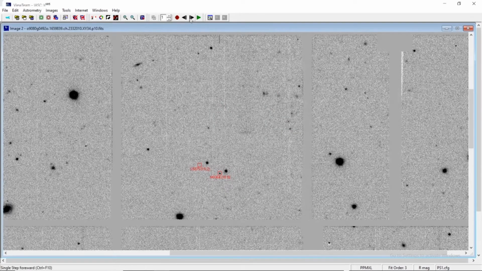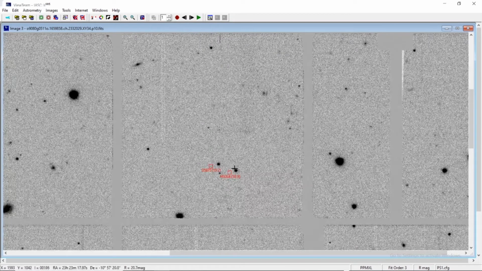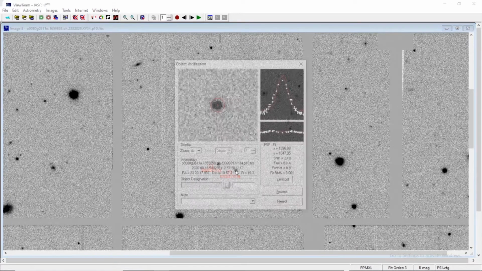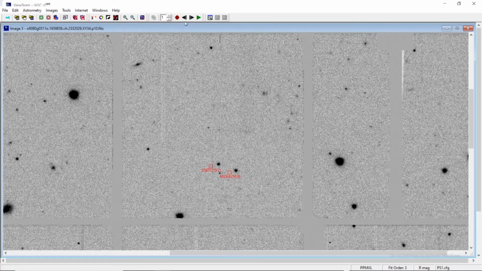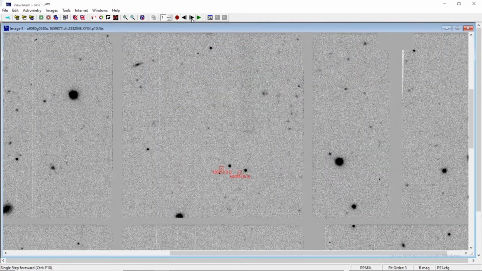So it's in the range, the graphs are also beautiful. Now move to image number 3 and let's see what is there. Again it is 19.3, 18.9 minimum, 19.3 maximum. If you find out the difference, it's 0.4, acceptable. SNR is 23.8. So graphs are also beautiful. So for the time being reject it because we have one more image to follow.